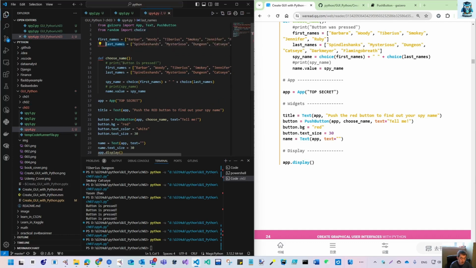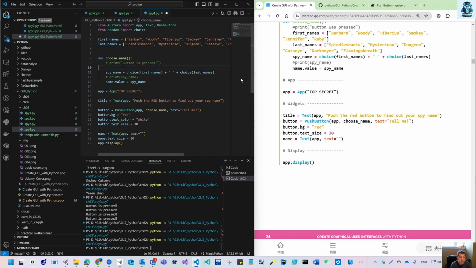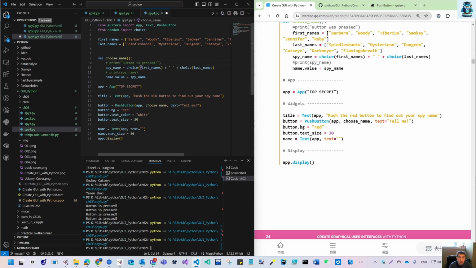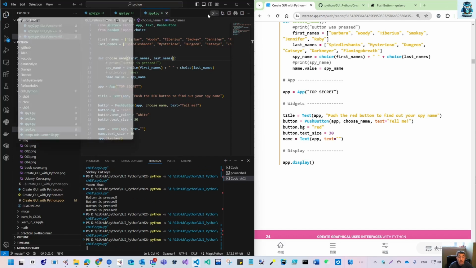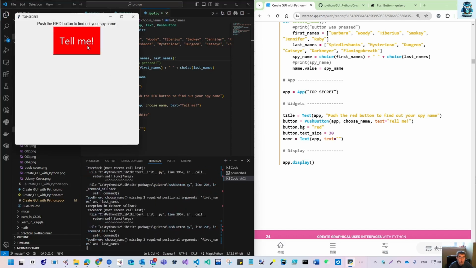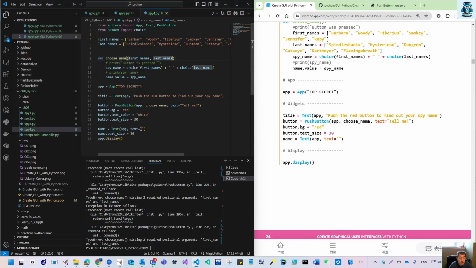So first name, last name. Then, well, we don't need this. But you need to use the first name, last name. So you need to transfer that into the function. So let's run this again. Oh, it's missing two required positional arguments, first name, last name. So here, when we call our function,